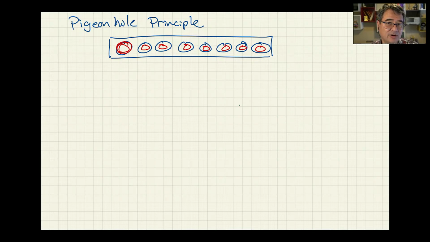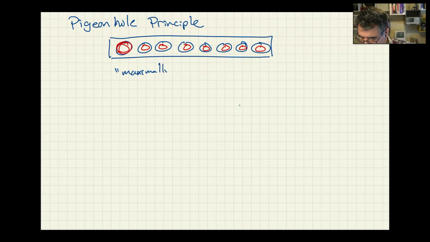So this is not a problem of probability, like how likely is it that 2 pigeons will end up in the same hole. What we're looking for is a guarantee. In this particular diagram here, we are guaranteed that it will take at least 9 pigeons before there's a duplicate. Okay, it's possible that all 8 will fly into the same hole, but we're looking for what I would call